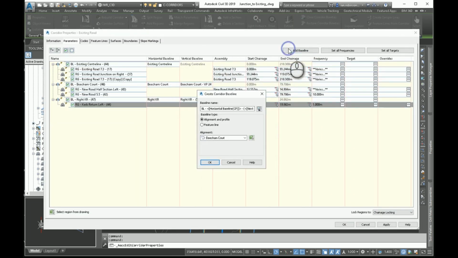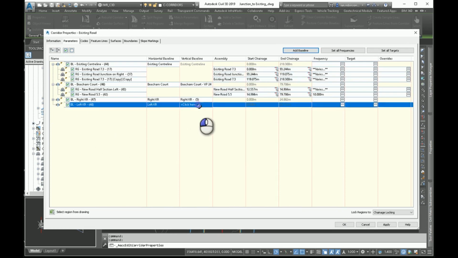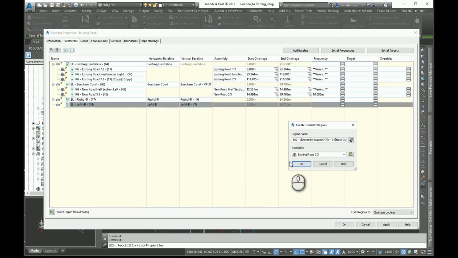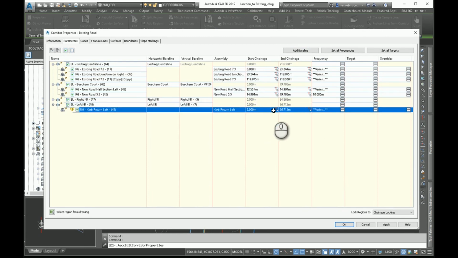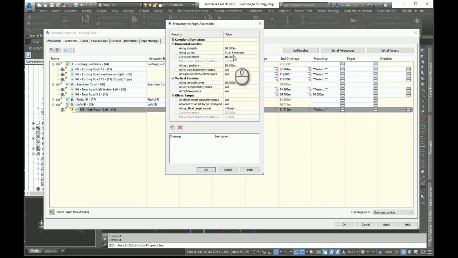So we'll add a baseline, which is my curb return left. Make sure I pick that level, and we'll add a region in. And again, because we're going the other direction, we can use that same curb return. I will set it to 5 metres and 21. Just knocking 5 metres off that, and again we'll set that to 1 metre,